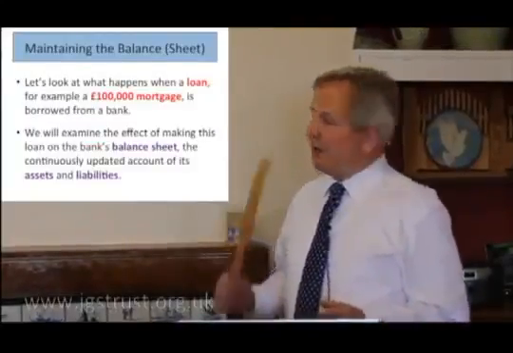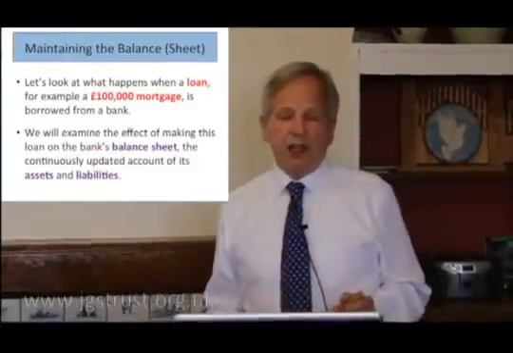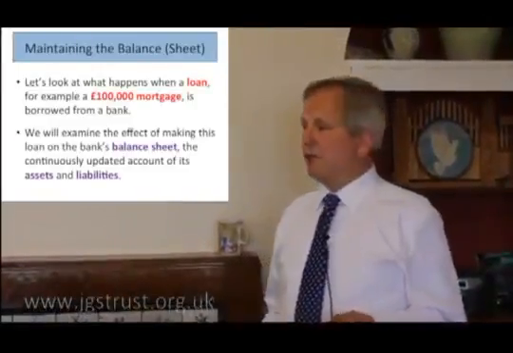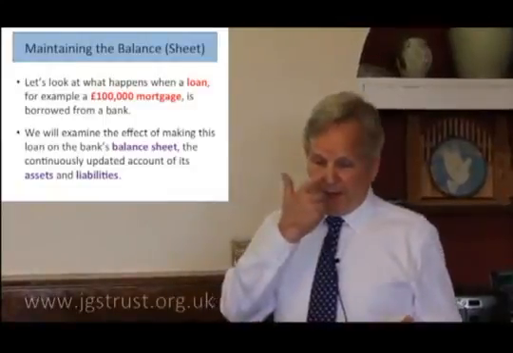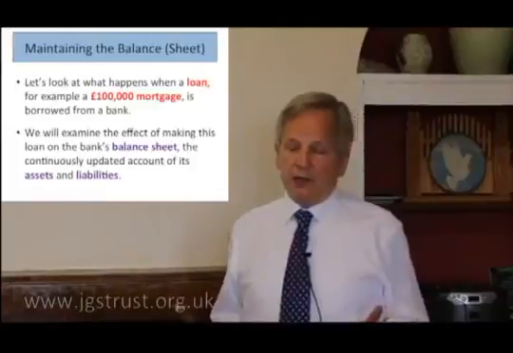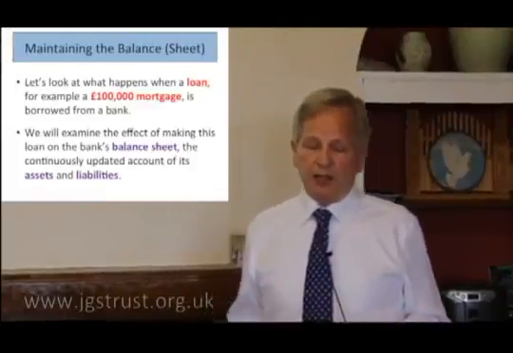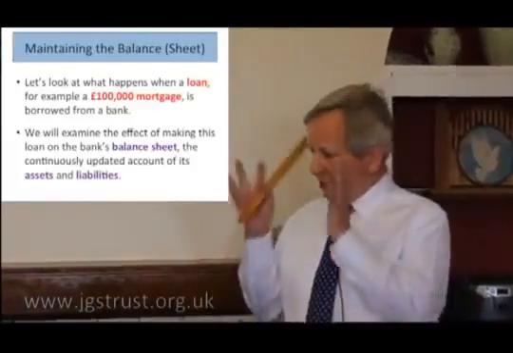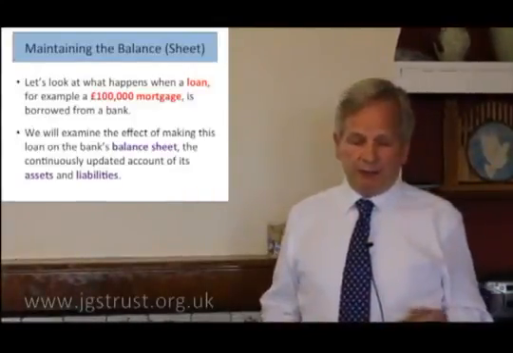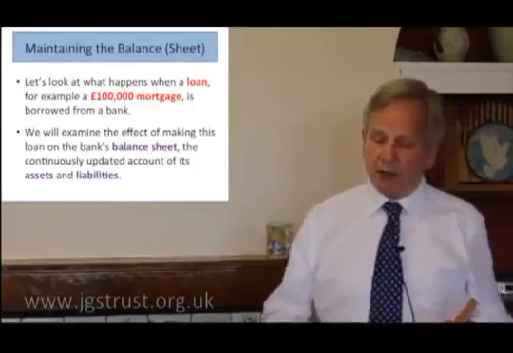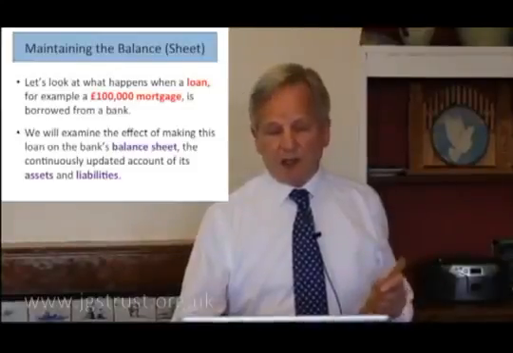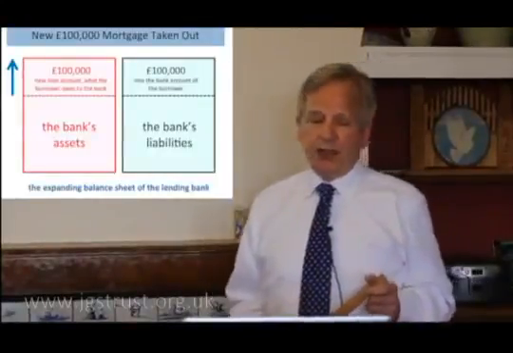Right, well that's the initial balance sheet. How does that balance sheet change when somebody comes along to the bank and wants a loan, a £100,000 mortgage, say? Let's have a look at that balance sheet, how it changes in terms of the assets and liabilities. Because remember, the balance sheet is a snapshot of the current state of play of the bank, how its assets and liabilities change over time. So here's an event, a basic event. Somebody takes out a mortgage. What happens to the balance sheet?